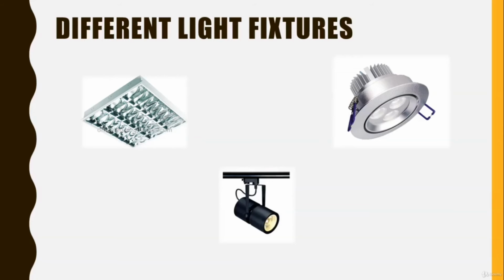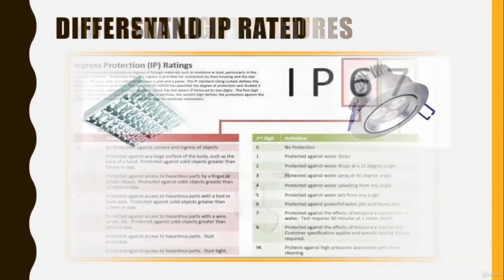There are several types and shapes for light fixtures. For instance, this one is called 60 by 60, spotlight, rail spotlight, and so on. Honestly, I don't care about the names. What I care for are the total consuming load and the IP rated. That's it. The load and the IP rated. I don't care about the name and the tags. Okay,